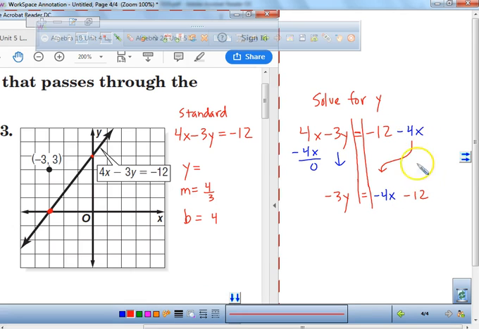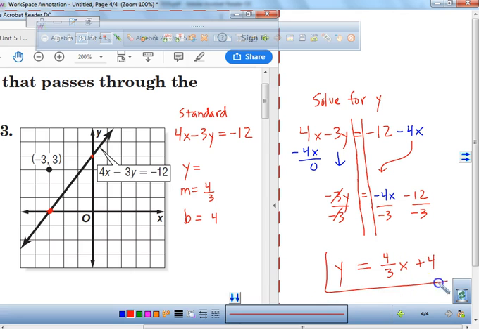Just move that in the back, move that up front. What's the only other step that we have left to do to get it to y equals? That's right. Divide everything by a negative 3. What happens here? These cancel out. You're left with y. A negative divided by a negative is a positive. So there is your equation in